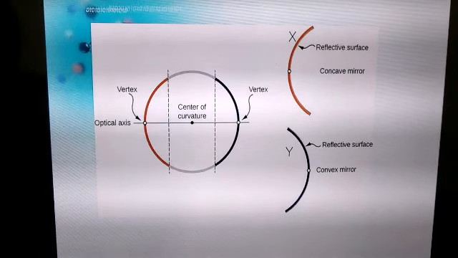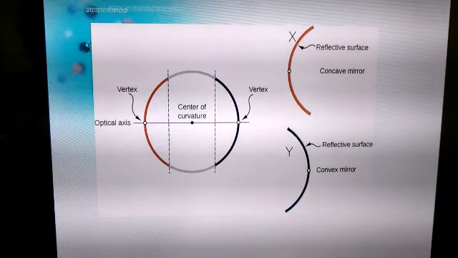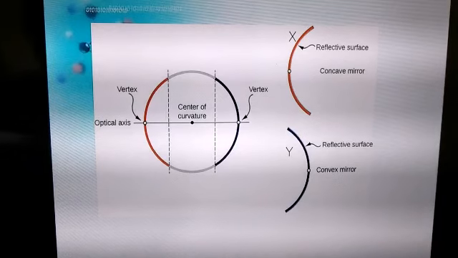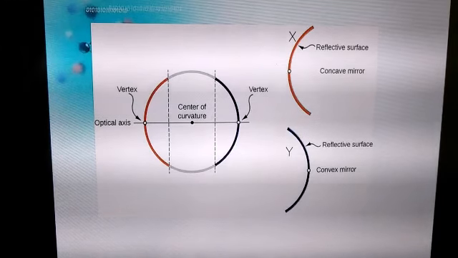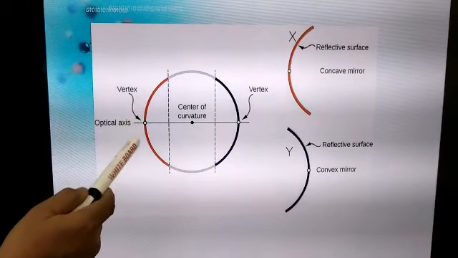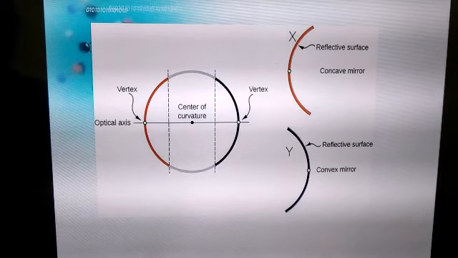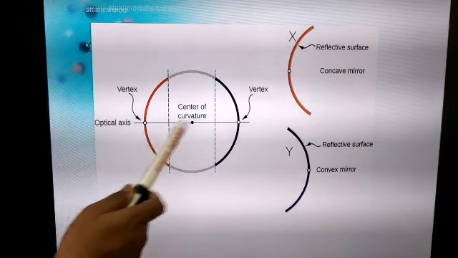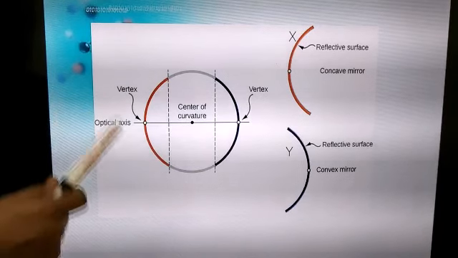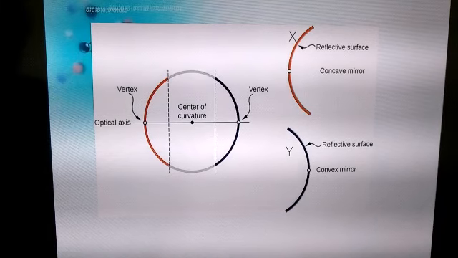Similarly, if we take a hollow glass sphere. Now what is a hollow glass sphere? ये एक खोखला glass का गोला होता है. So if we take a hollow glass sphere and cut it into two parts, like for example here you can see in the image, this is a hollow glass sphere and it is cut into two parts, then we get two different pieces of the spheres. Here each piece of the sphere represents a type of curved mirror.